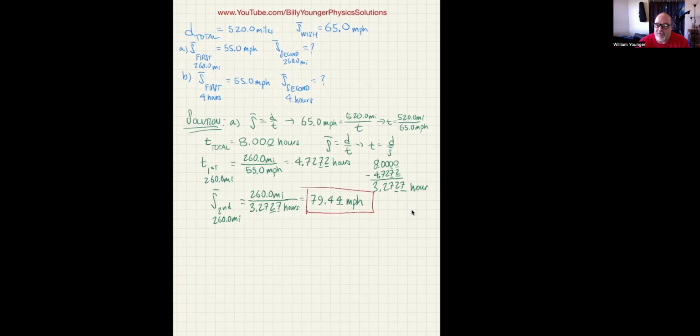be. So that brings us to the second part, which is what is the average speed I'd need on the second part if instead I drove the first 4 hours of what needs to be a full 8-hour trip, as we've already calculated. What would the speed need to be on the second 4 hours? So let's work that out now. So that's part B. So in part B, what